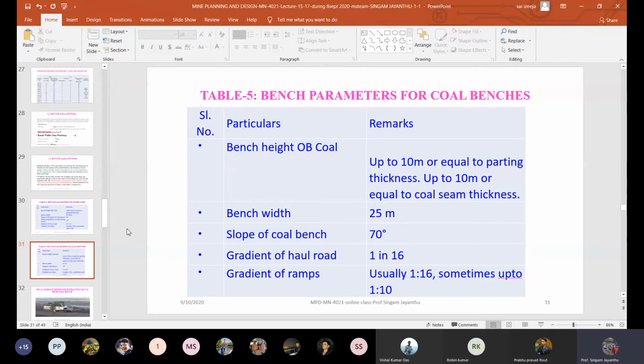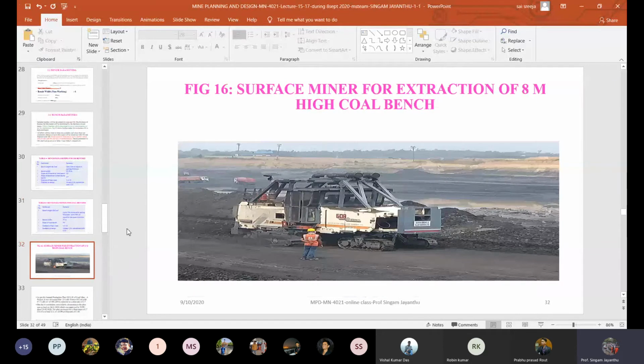Now, here you can see a wonderful surface miner, how it is working. And here I would like to take a small break. As I told you, any good program should have a break, so that we take more energy for the next program to start or continue. So here I would like to take up 1 or 2 queries, if any. Otherwise, queries related to even any previous classes.